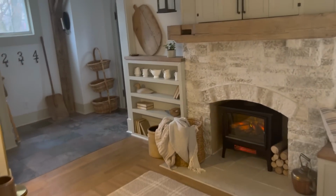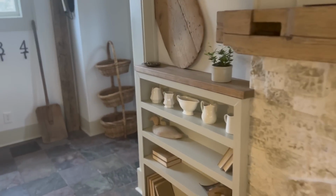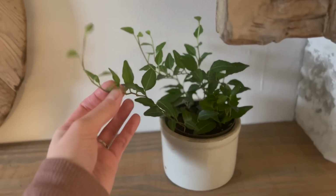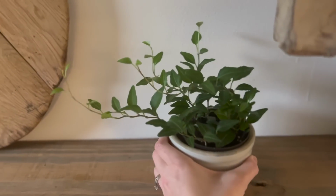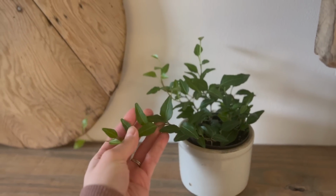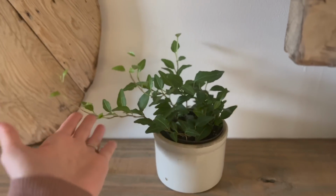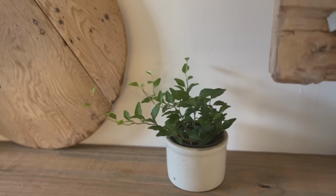if you have not ever incorporated them into your home, I guess these ivy plants are very difficult to kill, so we'll give them a try. I cannot believe how fresh they make the house feel. I know they're good for the air in your home, so I'm super excited and hopeful that I don't kill